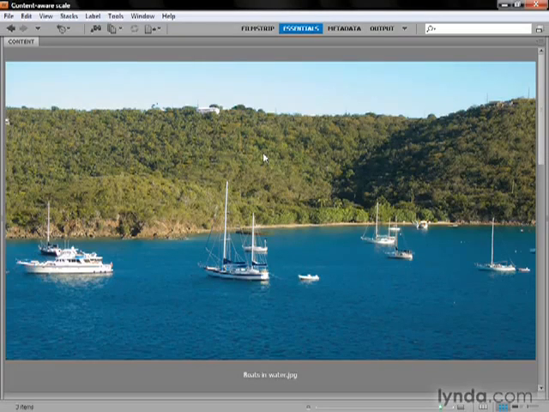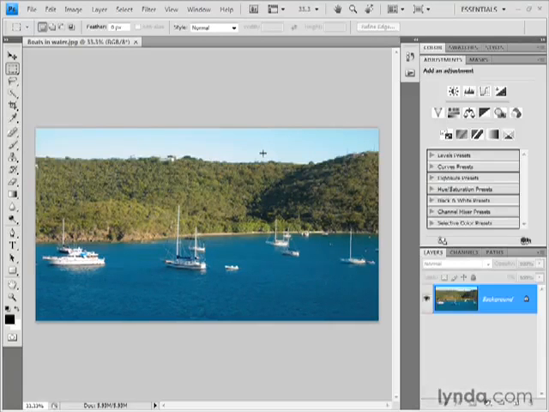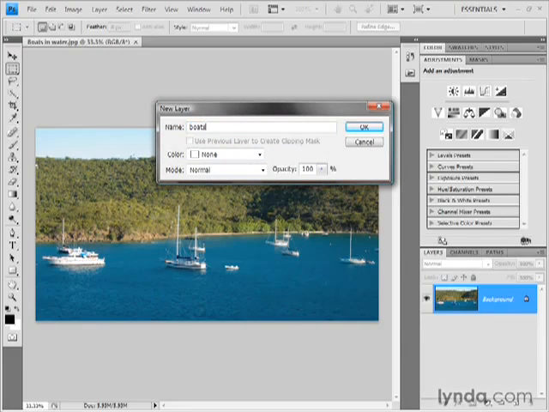All right, so here I am in Bridge. I'm going to double-click on this image to open it up inside Photoshop. I'm going to press Shift-Tab to bring up my panels. Now, content-aware scaling is ultimately a transformation function, just like regular scaling and rotation. And transformation functions work best on independent layers. So I'm going to go ahead and double-click on the background layer, and I'll call this new layer Boats,